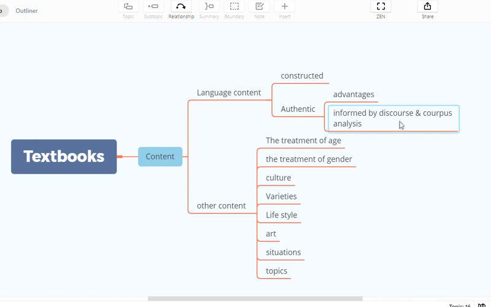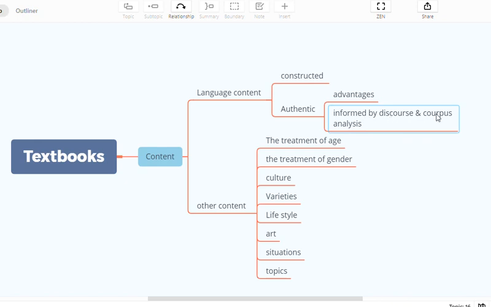By discourse and corpus analysis I mean that, for example, if you want to include some high quality reading text, this text should come from its discourse. They should be real life texts. You go to a discourse of, for example, academic discourse, and then you find some sample texts,